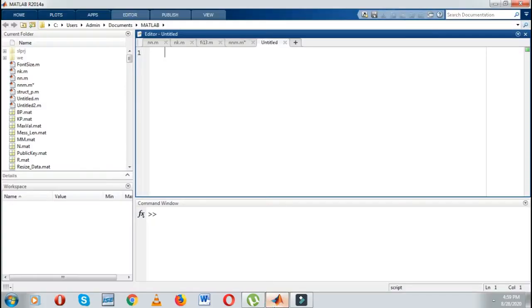For that you have to open the MATLAB software, then you can give the heading by writing percentage, that is nothing but a comment: design low pass filter using any window.